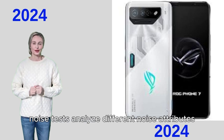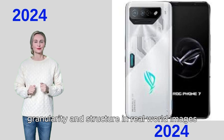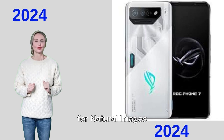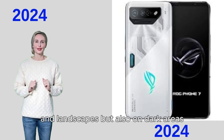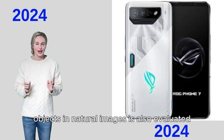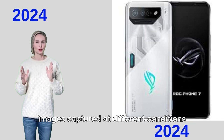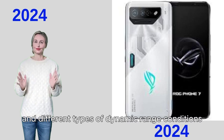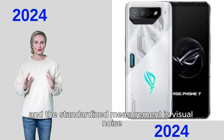Noise tests analyze different noise attributes such as density, color, granularity, and structure in real-world images as well as chart images captured in the laboratory. For natural images, special attention is paid to noise on faces and landscapes, but also on dark areas and high dynamic range conditions. Noise on moving objects in natural images is also evaluated. Objective measurements are made on chart images captured at different conditions from 1 to 1000 lux and different types of dynamic range conditions. The chart used is the Dead Leaves chart and the standardized measurement is visual noise derived from ISO